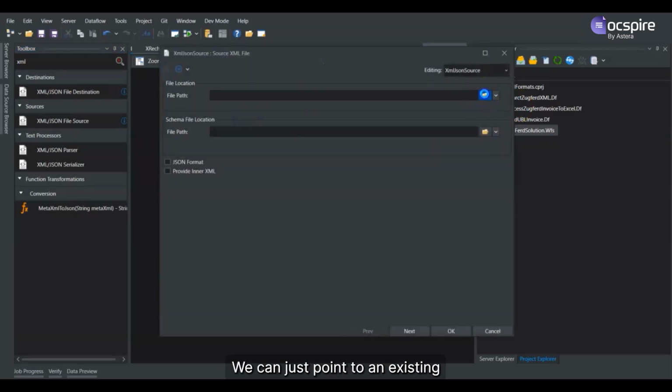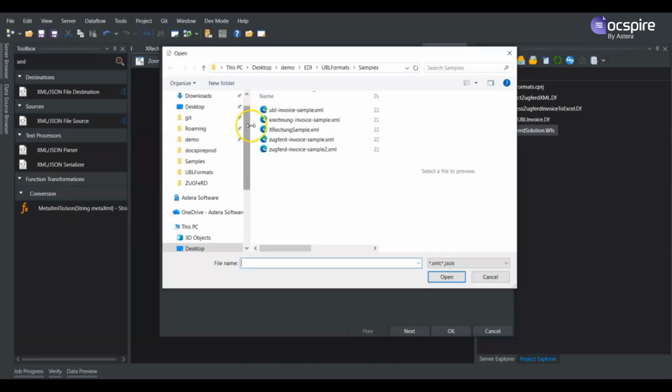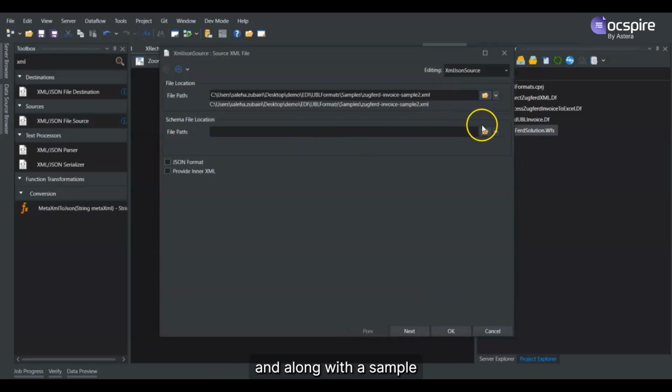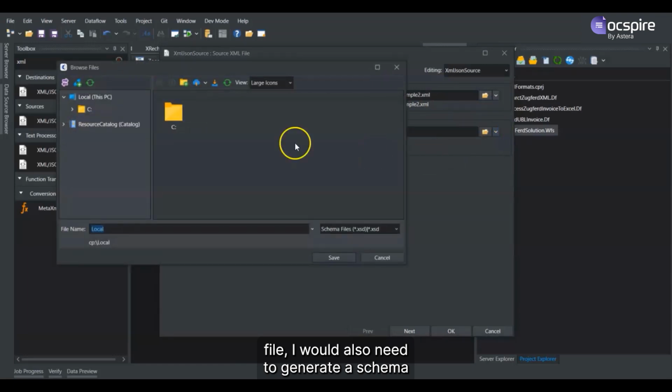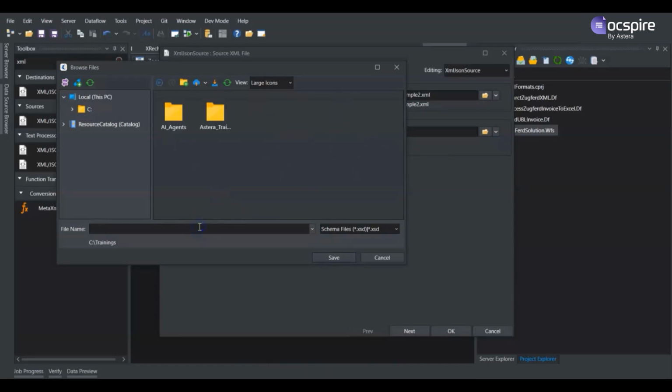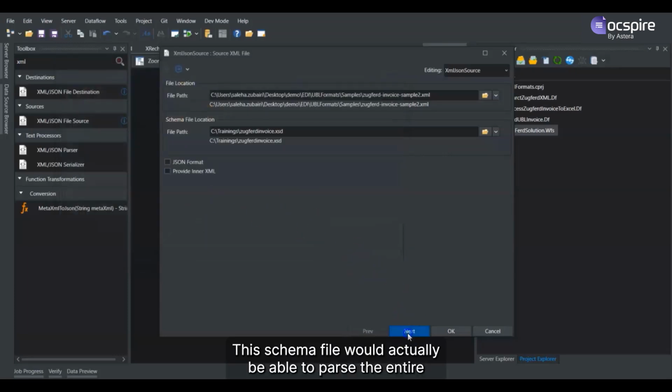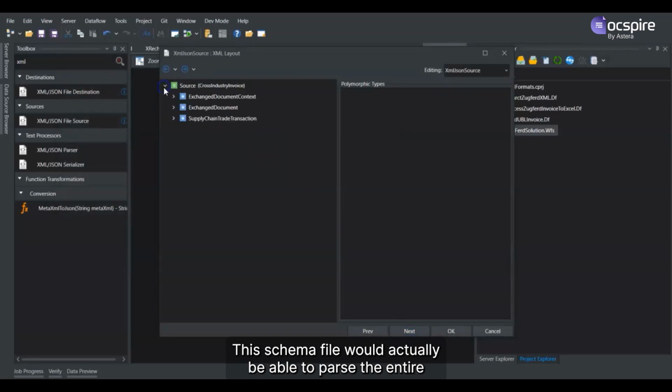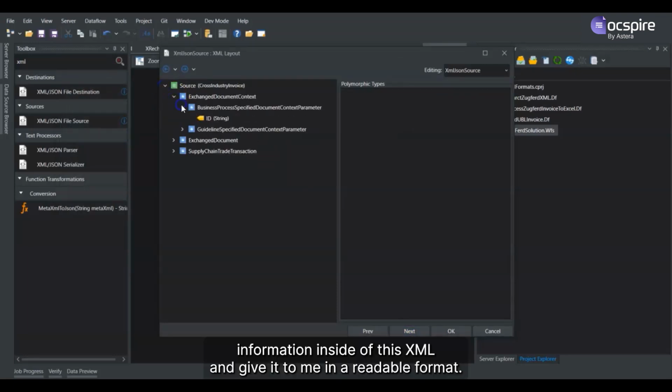We can just point to an existing sample file that we can work with, and along with the sample file, I would also be needing to generate a schema for the given XML. So let's give it a name, and this schema file would actually be able to parse the entire information inside of this XML and give it to me in a readable format.